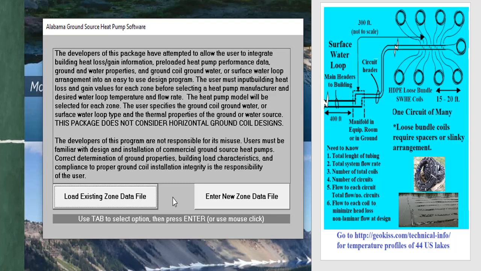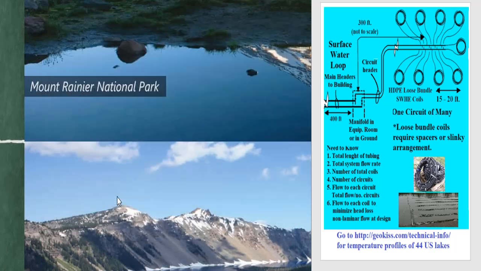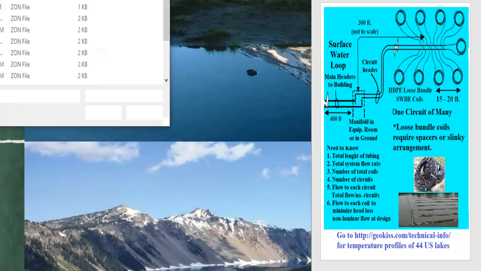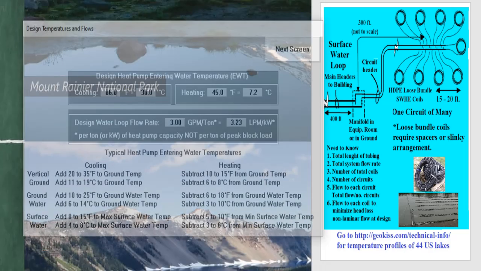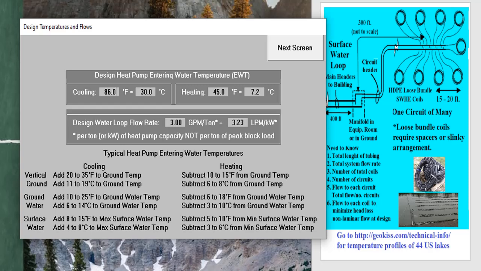Now we do have other programs that will show you in tutorial form how to enter the zone data from your buildings. But today we're just going to use one we've already made. So it comes up in this file here, and it's a single 100-ton zone. It's a big building with 100 tons in it. We'll open that file, and then it leads us to the first screen, which shows us the design entering